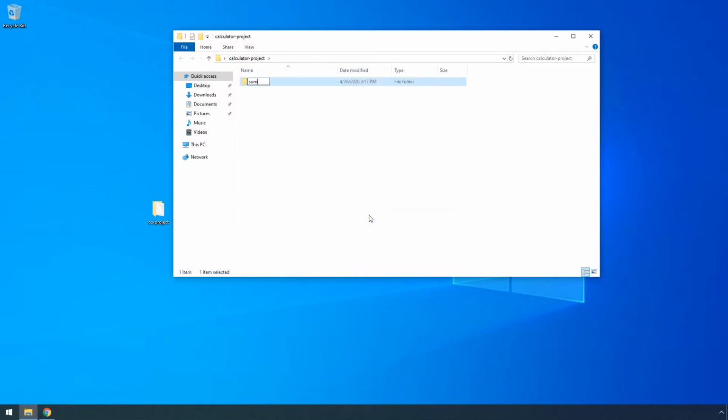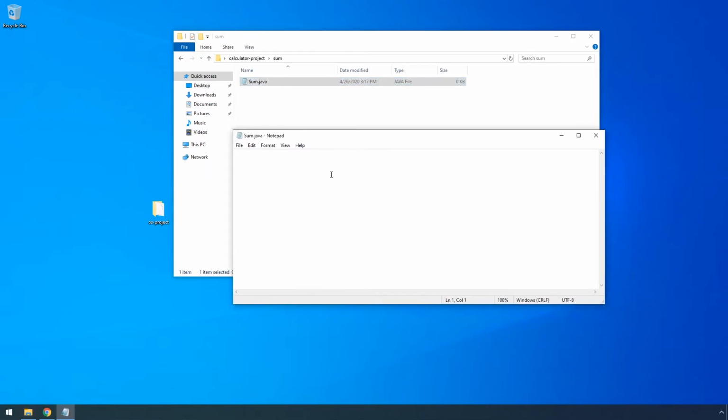I will create a sum folder here. And in the sum folder, I will create a sum file where I'll provide a code that takes care of adding two numbers. Again, do not focus on understanding the code. Just follow the analogy.